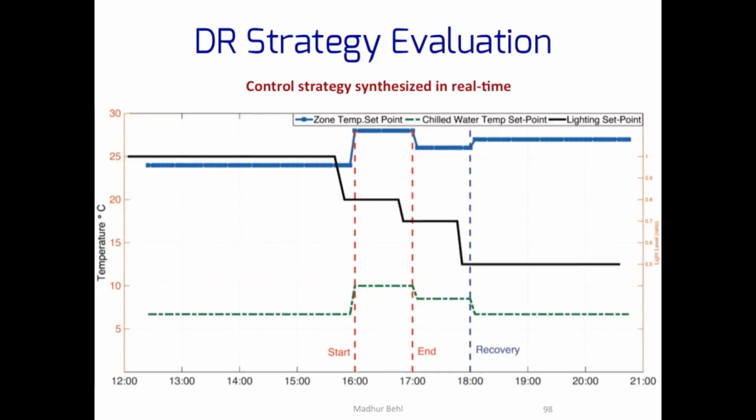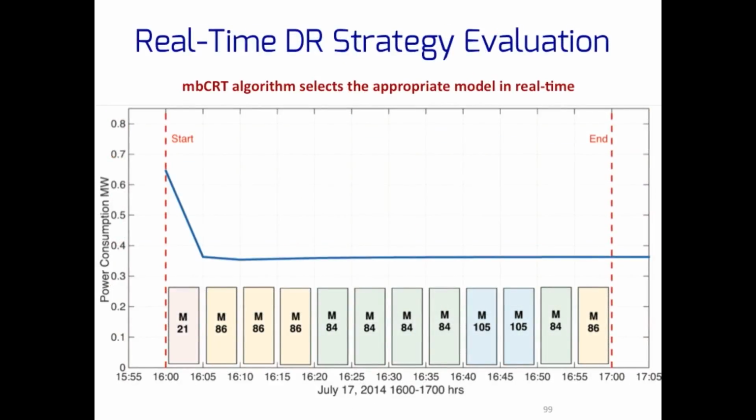And if we look at what it synthesizes, in this case we are synthesizing 3 different set points rather than just 2. And although it looks like a flat line, there are some fluctuations in the solution of the synthesis algorithm. If we zoom in to how the model selection at every time step behaves, you can see that at every time step, based on the forecast of just the disturbance inputs, the model is able to determine which leaf to go to and use that particular linear model to figure out the set points for sustaining the